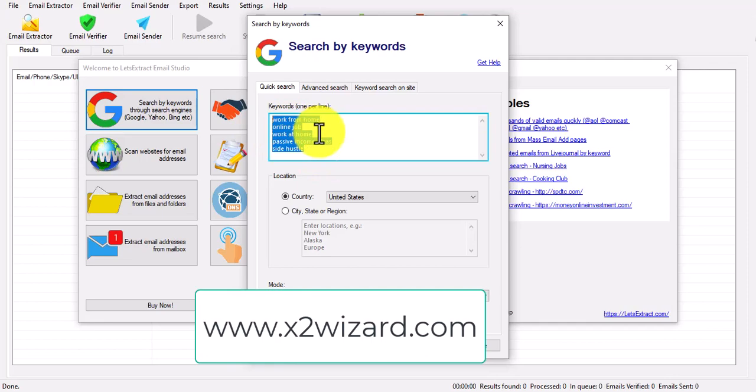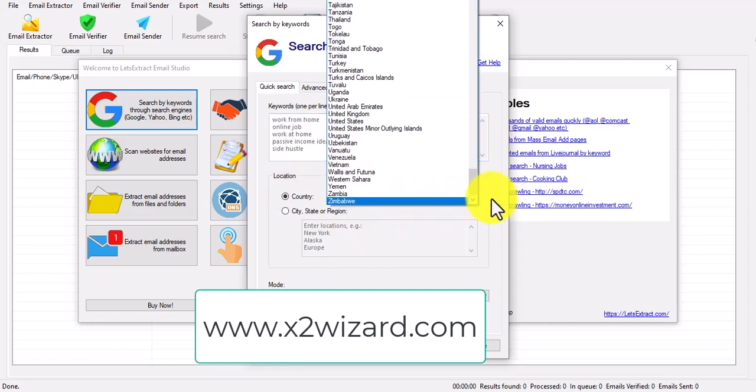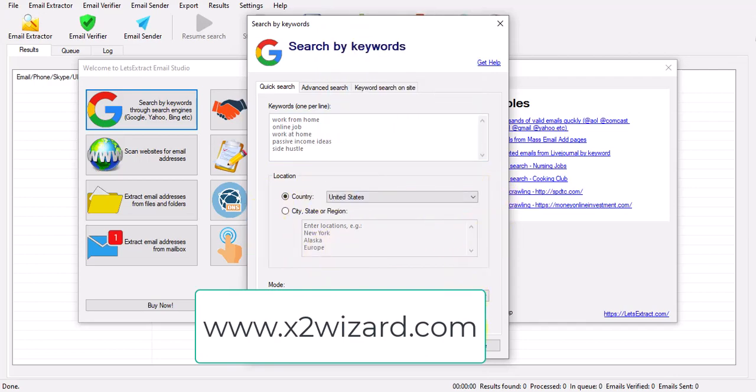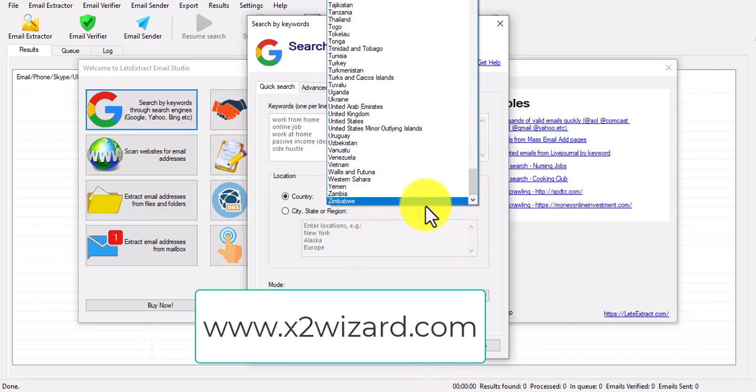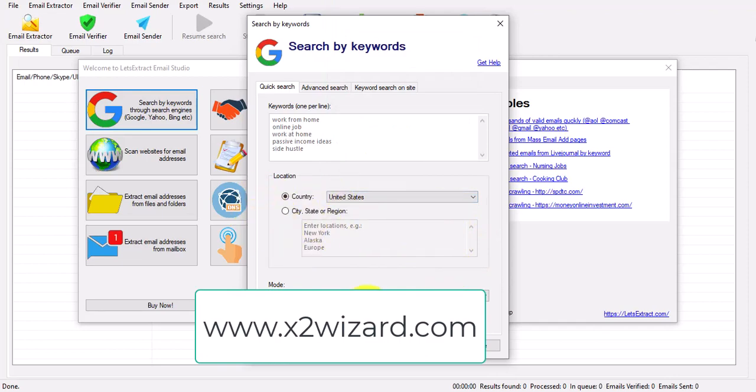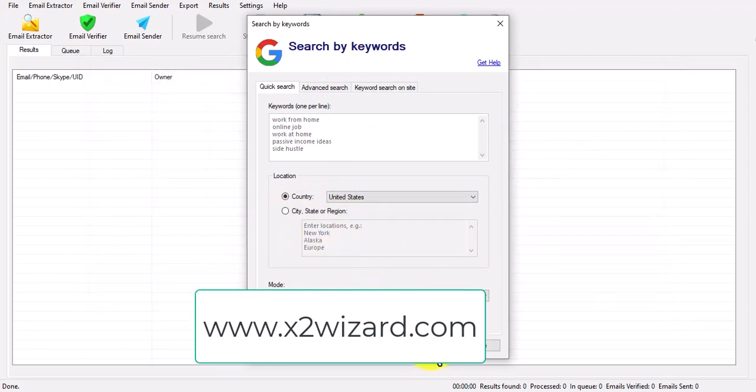I like this work at home niche because everybody wants to make money online, and we are targeting it around the world. You can choose your country or just select worldwide. For this example, I'm just choosing United States, because remember, you get a lot of sales when you promote any offer or service to the people from the United States. And of course, if you have a product that's related to just a particular geography, then you can choose according to your needs. You can also choose the state, and once you click OK, so what this